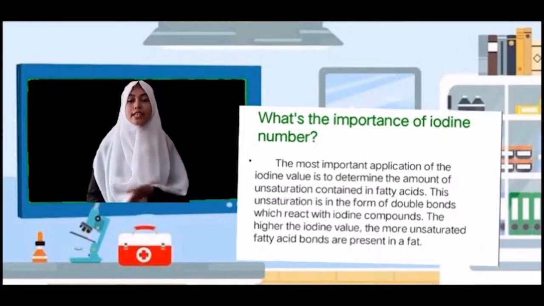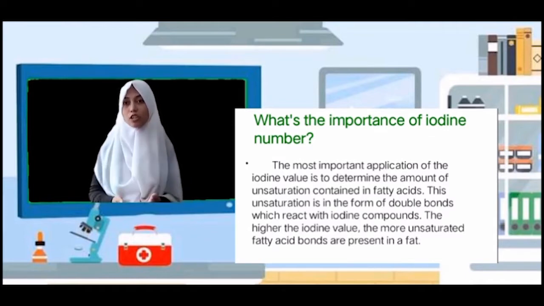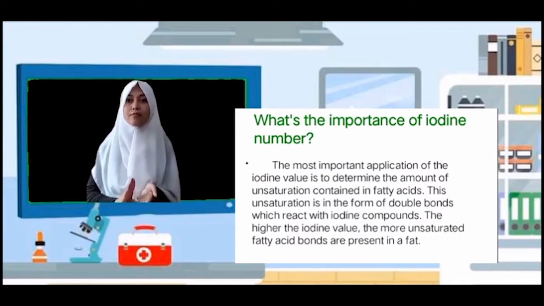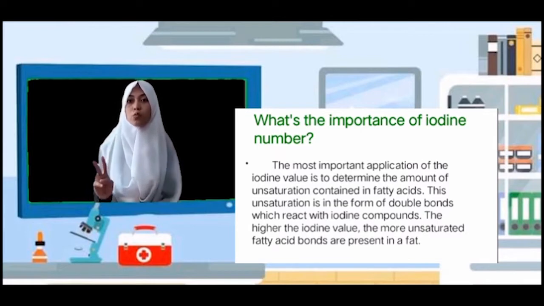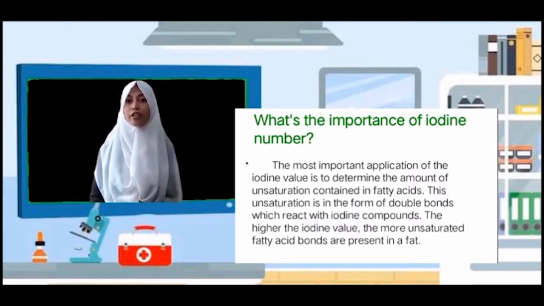So what is the importance of the iodine number? The most important application of the iodine value is to determine the amount of unsaturation contained in the fatty acids. The unsaturation is in the form of double bonds, which react with the iodine compound. So the higher the iodine value, the more unsaturated fatty acid is present in the fat. It is important to know the iodine number to be able to balance the amount of iodine to be taken in